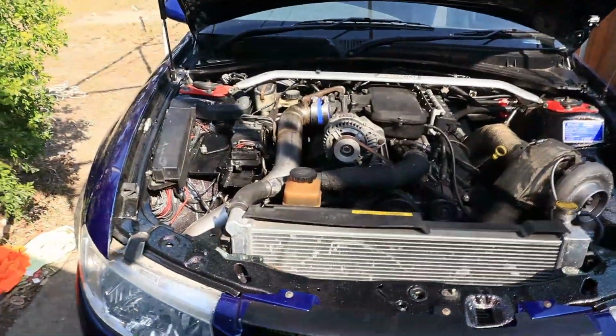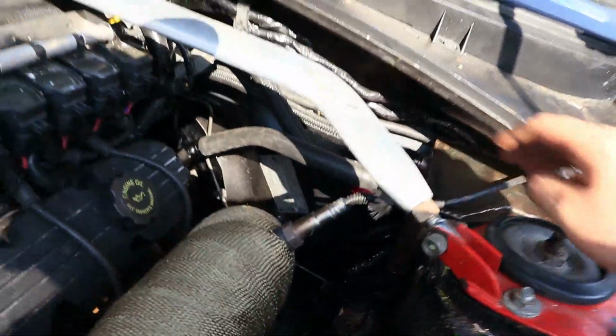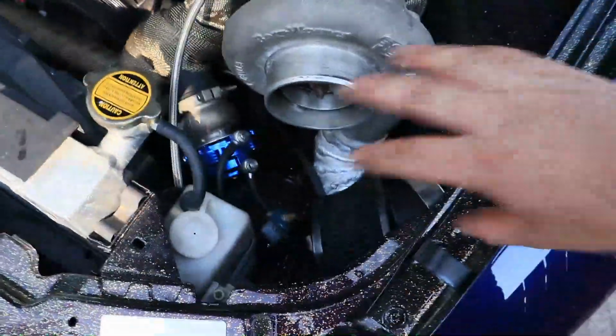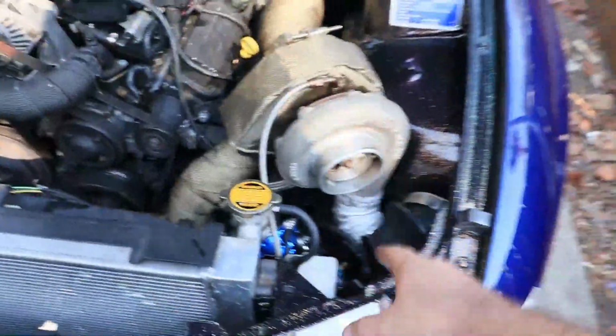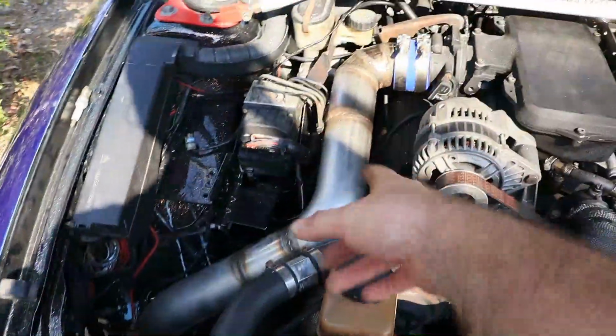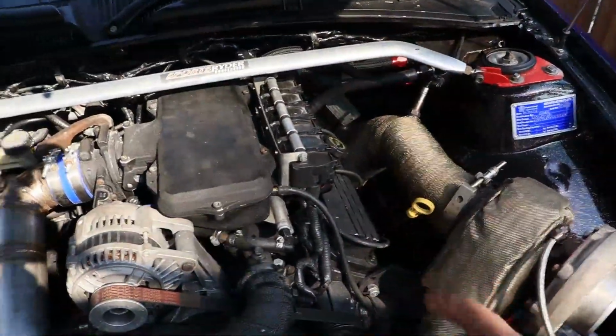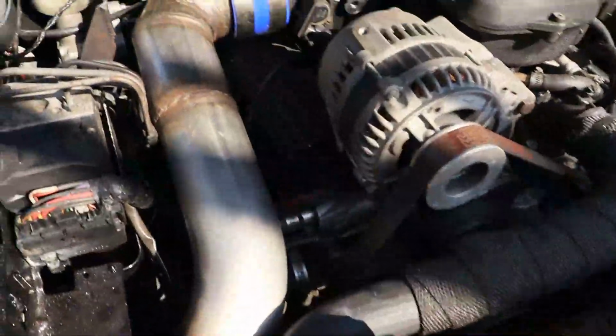Alright, well, this is where I'm going to end it today, guys. So, as I saw, I got this pipe made, got that sorted. I've sort of half made this. I need to finish that. I'm going to take my bottle into work on Monday, get that swapped over so I can finish that. I got these plugs gapped, I got those plugs gapped. That is pretty much it for me for the...